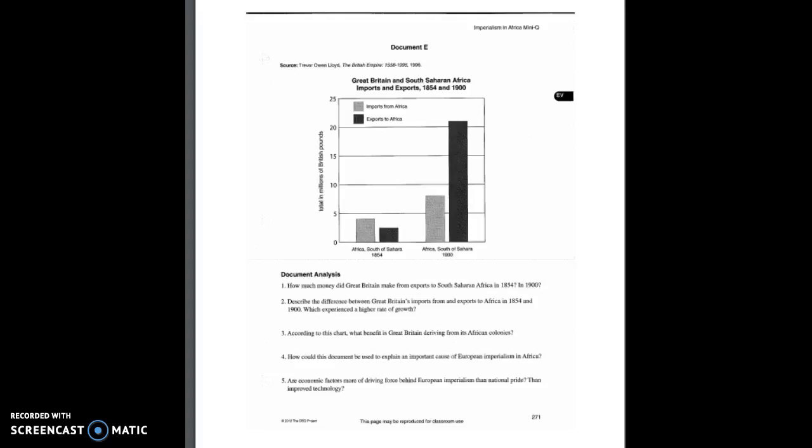Several of you went automatically to the economic motives, the fact that Europeans are sending products back to Africa to make a profit. We could also spin it in terms of ideological. Perhaps the Europeans think that they should be using the products. Maybe they're sending clothes, or soap, or products that they think Africans should be using or buying or trading and so forth. We could also tie it to political motives. The fact that the Europeans are trying to get more money, which again could equate more power.